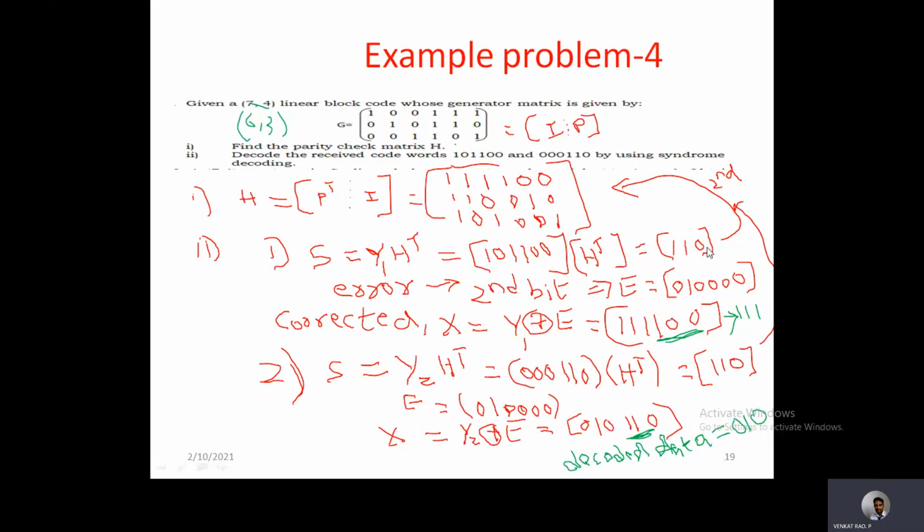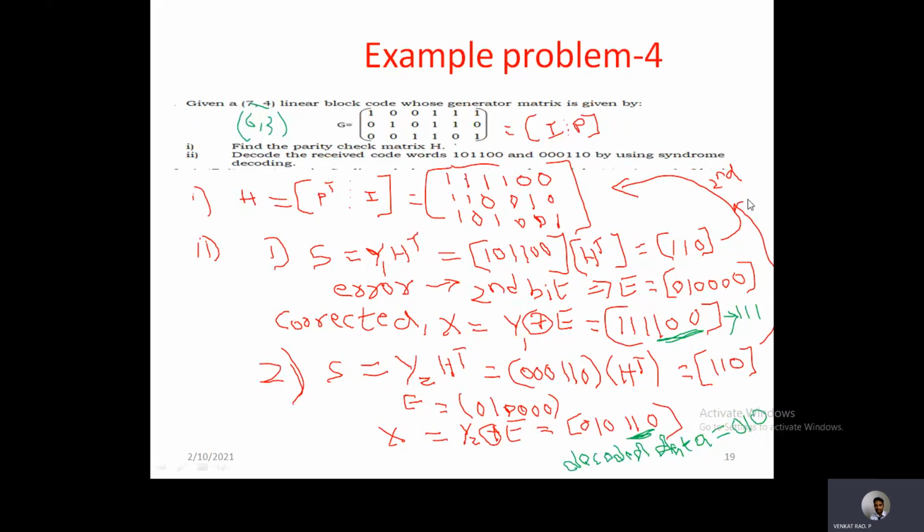This 1, 1, 0 you must compare with the rows of H transpose or columns of H. Here H is given, so just compare with the columns. 1, 1, 0 exactly matched the second column only, or the second row of H transpose.